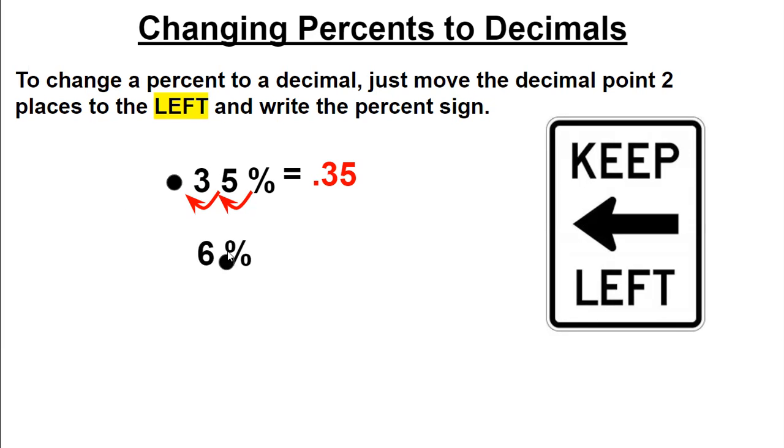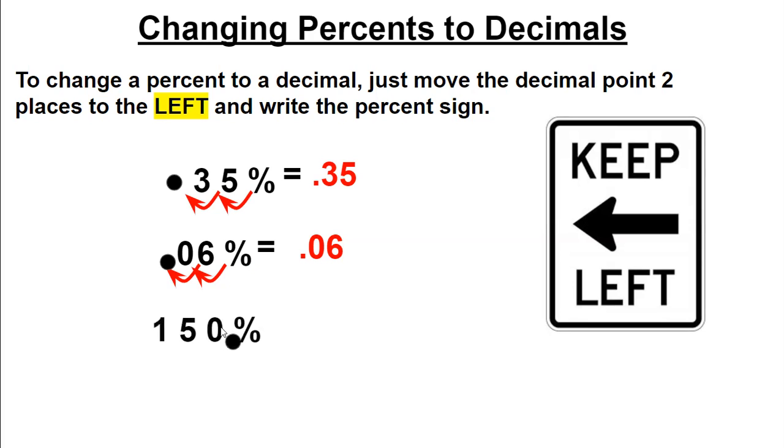6%. I put the decimal there just so you know where it goes, but you don't normally see it written that way. You'd see it written as 6%. Move the decimal 2 to the left. There's 1. There's 2. Put our decimal there. What do I fill in the empty space with? Exactly, a 0. So the answer is 0.06. We drop the percent sign. Next one,